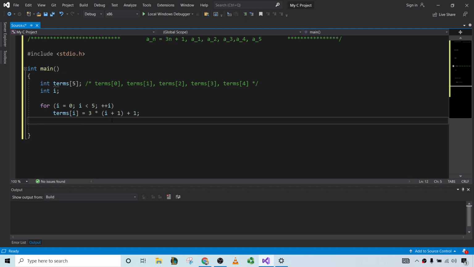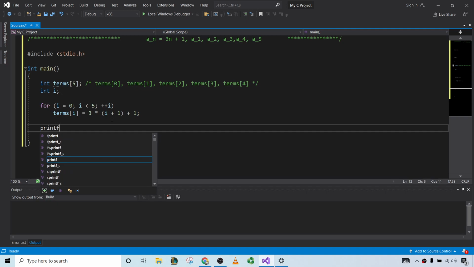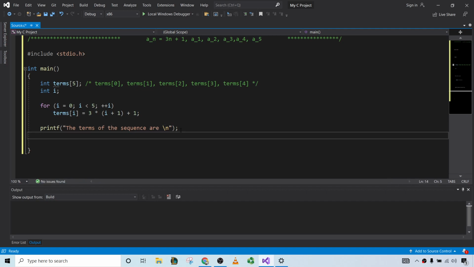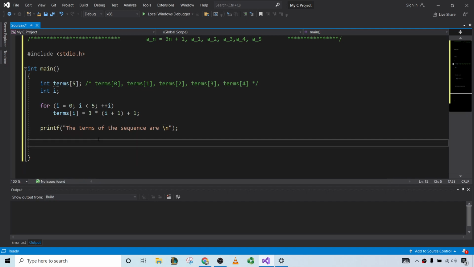So now we just have to print everything. So printf, the terms of the sequence are, I'm just going to add a new line just in case. And let's go ahead and do another for loop. So for I equals 0, I less than 5, plus plus I,